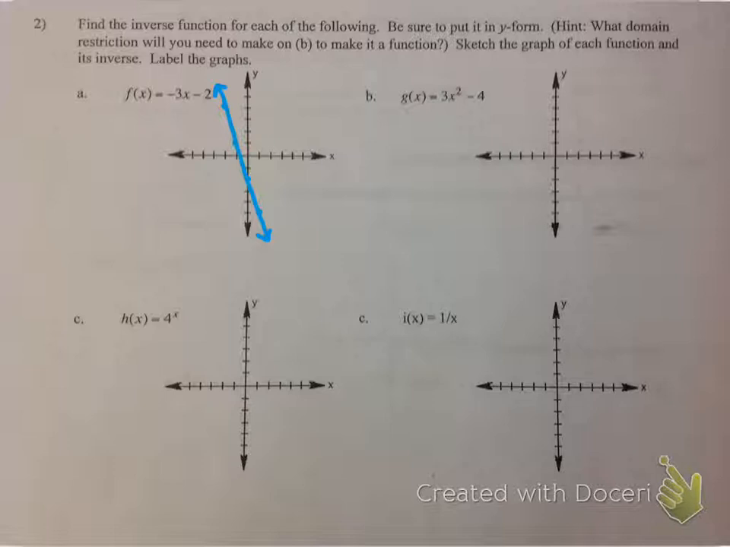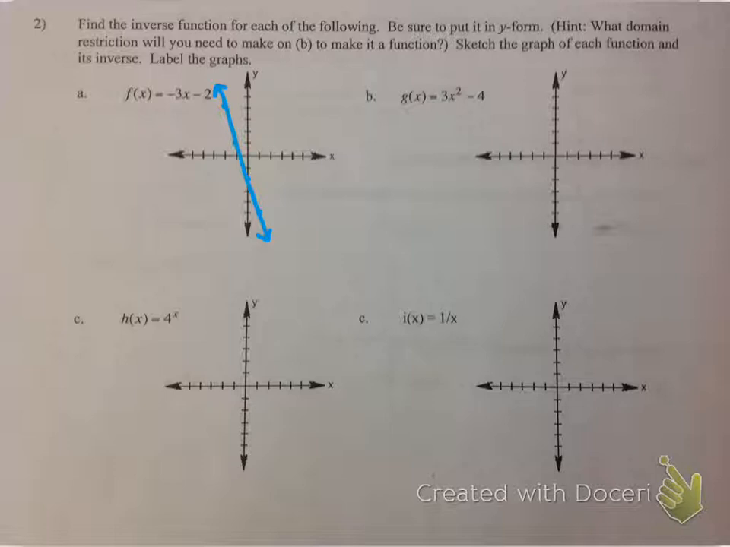So I started on letter A. Let me go ahead and zoom in for you. I started letter A by graphing the original function, which is just a line, y = -3x - 2. You can either do that by starting at your y-intercept and doing your slope of -3, or by graphing it in your calculator. Then in order to find the inverse, and you're going to notice on this video that